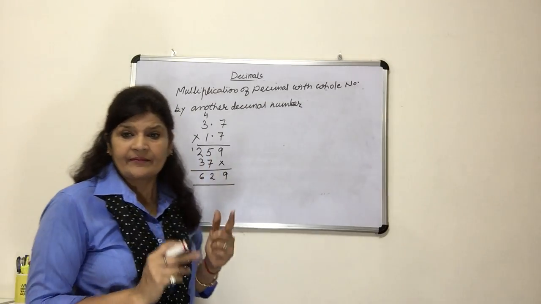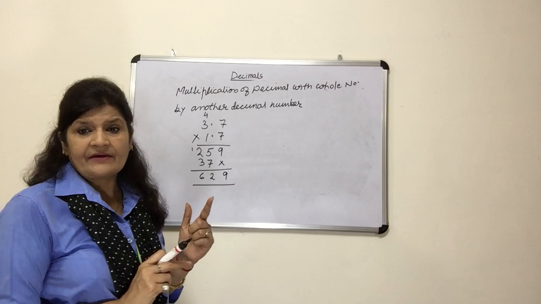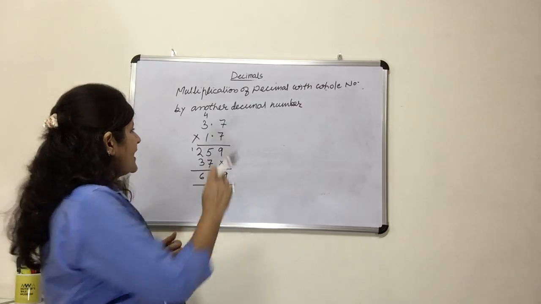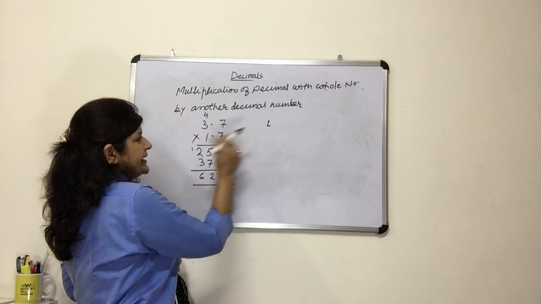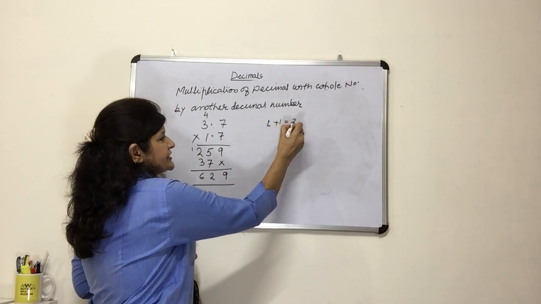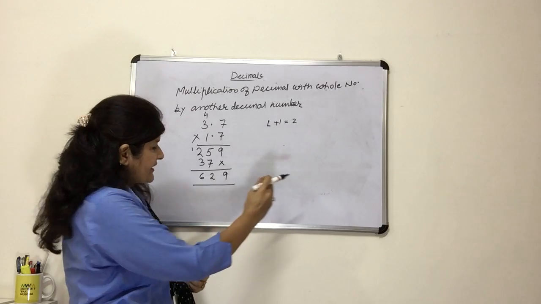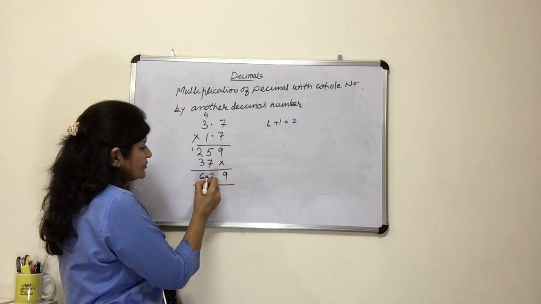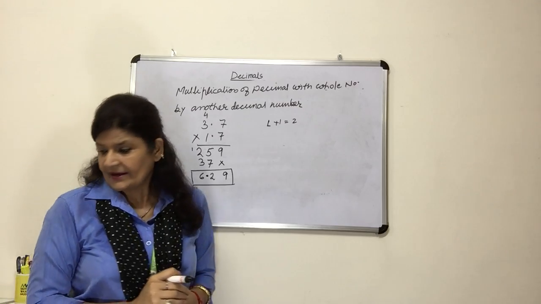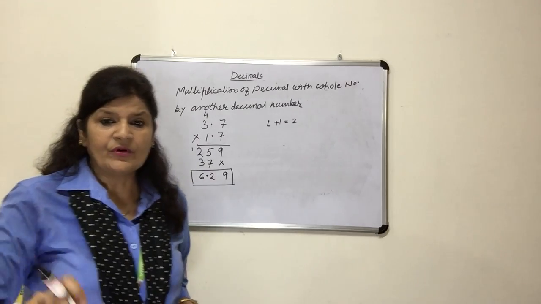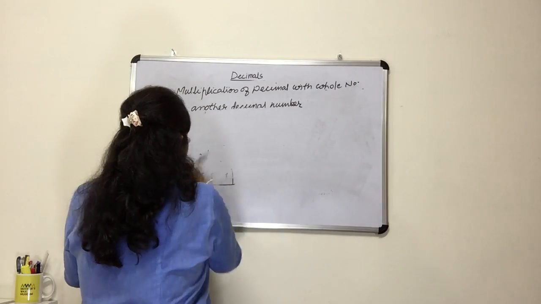Now this is the multiplication of decimal with decimal number. So we will count where we should put the decimal. Here see, the 1 place. Here it is 1 place. Again here it is 1 place. So this is 2 places. So we will just count these 2 places from the right hand side. 1, 2. So the answer is 6.29. Now with the help of one more example, we will make it more clear.